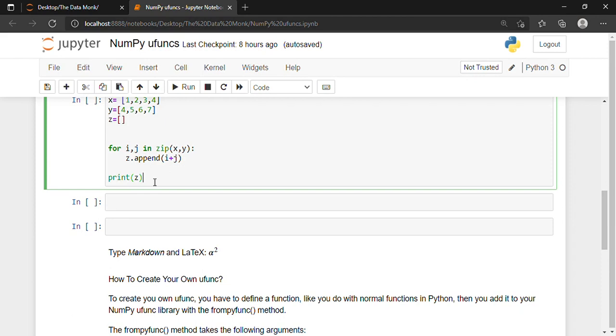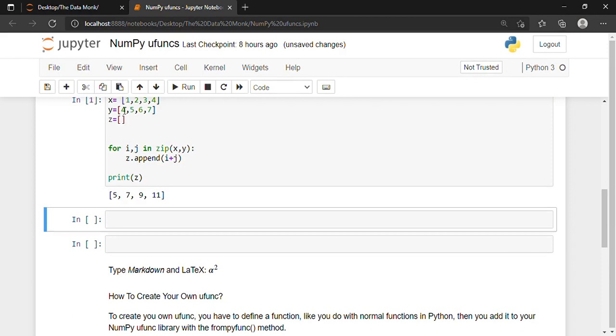Shift and enter. So 4 plus 1 is 5, 5 plus 2 is 7, 6 plus 3 is 9, 7 plus 4 is 11. This is the traditional way of doing it. If I want to add two lists or two single-dimension arrays, I'm going to use this method.